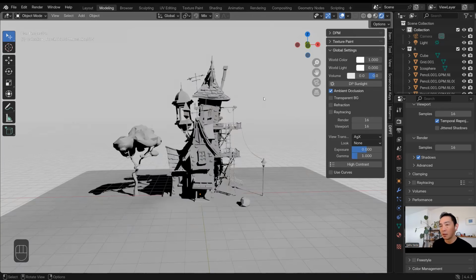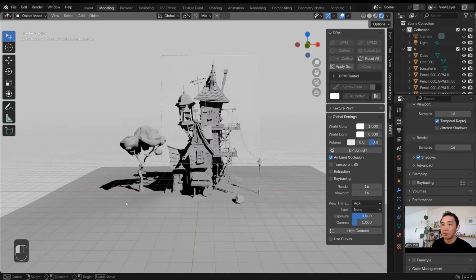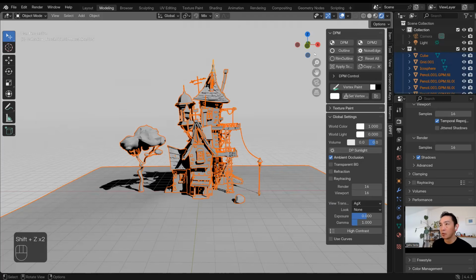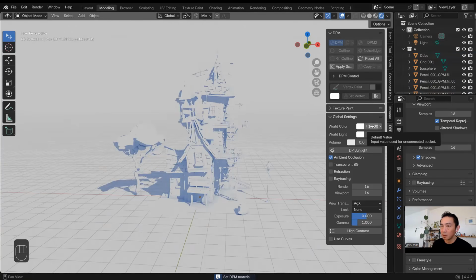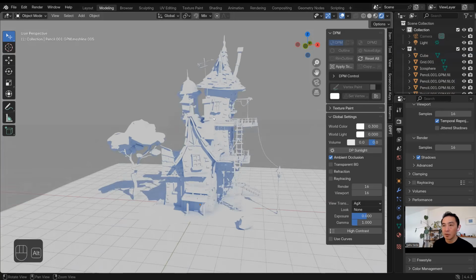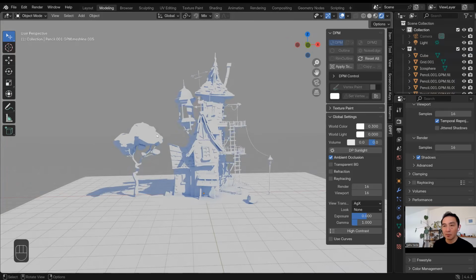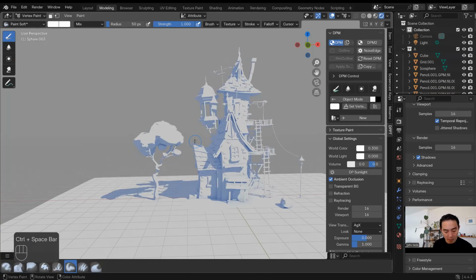I already have a sun, and I can apply DPM to the whole geometry by selecting it and hitting DPM. This is going to take a little while. Yeah, so we have this. The white background is a little too similar to the geometry, so I'll make the world color 0.3.